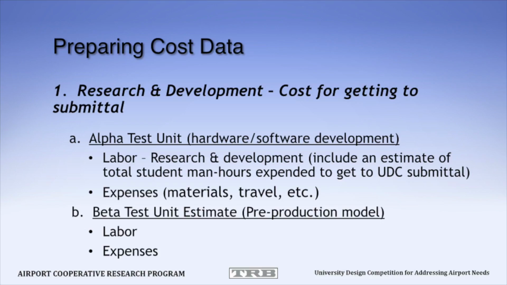The second step is developing a beta test unit. Can you estimate a pre-production model? In some cases, that might be an academic research and development project where you might have graduate research assistants working on this as a funded project. So again, tracking what you think their time would entail, expenses, hardware, travel, anything else that you can think of to get ahead of what it would take to create a beta model if you're going to develop a product or software or anything else that might have a